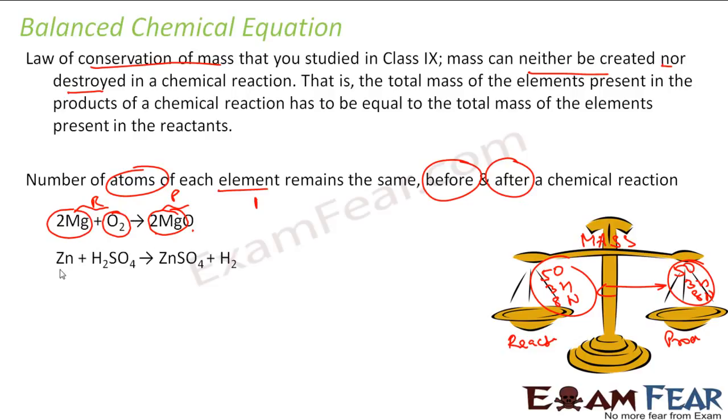Here also we will take one more example. You add zinc to H2SO4, sulfuric acid, you get ZnSO4, zinc sulfate, and hydrogen gas. So here also if you see, the zinc element in reactant is 1, product also 1. The sulfate count in reactant is 1 and product is 1. The hydrogen count in reactant is 2 and product is also 2. So this is also a balanced